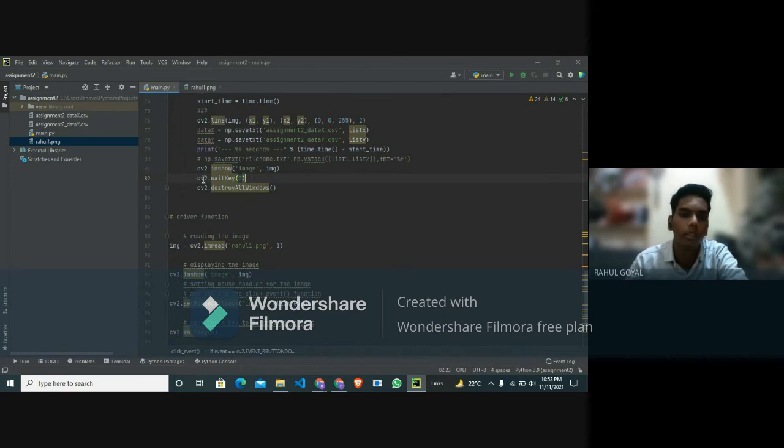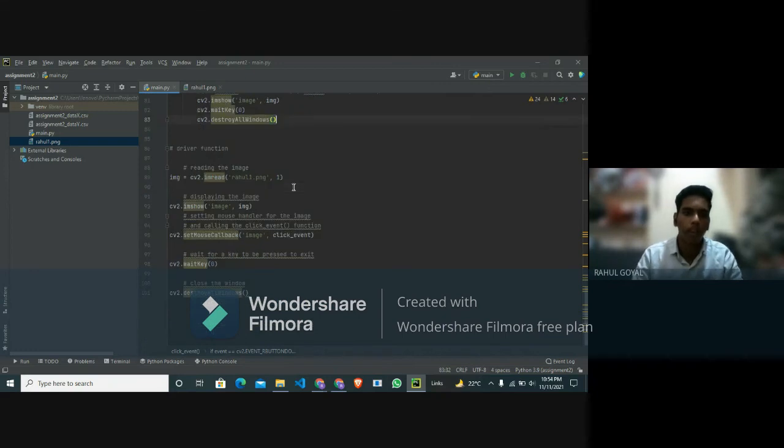That is why we use waitKey, and take the argument 0. If no argument is passed to waitKey, then the window is always kept and the image is kept in the window. Then cv2.destroyAllWindows. This function destroys all the windows and closes them.